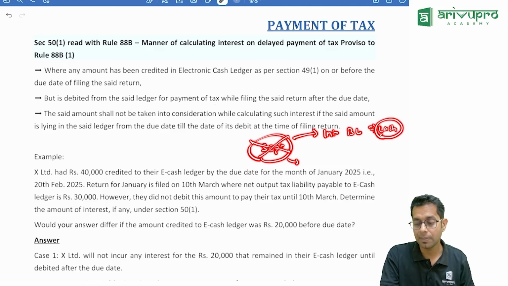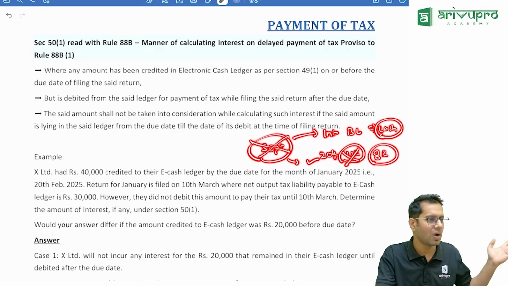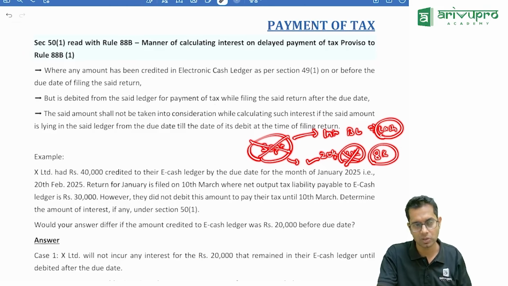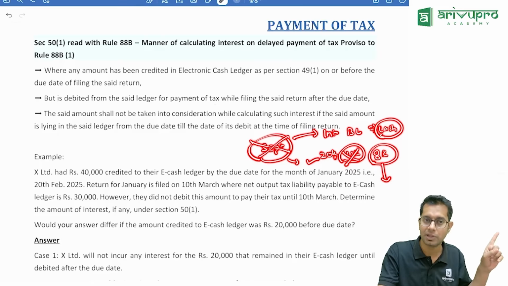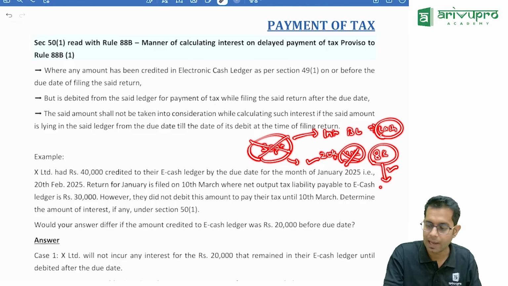Whereas for the September month return, I have filed the return within the due date. But what I have done is, I have reduced my tax liability from 20,000 to 12,000 rupees only. Meaning I have cheated the government by 8,000 rupees. Now this cheating can be genuine cheating, or by mistake I have not taken, meaning instead of taking 20,000 I took only 12,000. But still I have filed my return within the due date and this amount was not considered in the return. Now though I can pay this amount through ITC, because this item was found later by me, I'll have to pay tax on this item on the full amount.